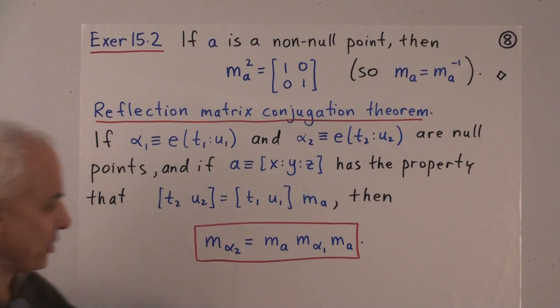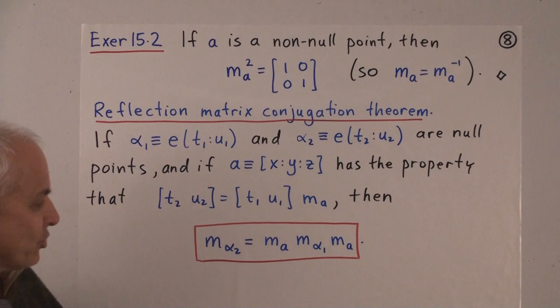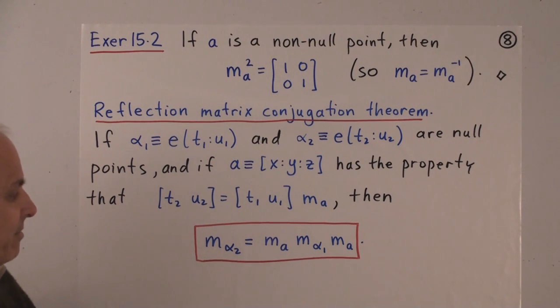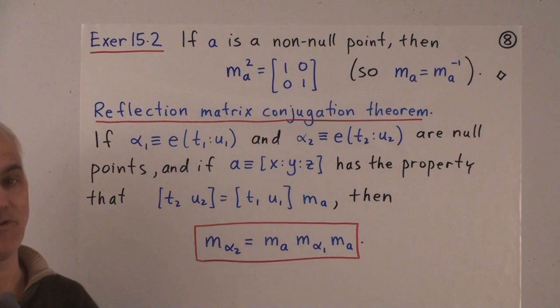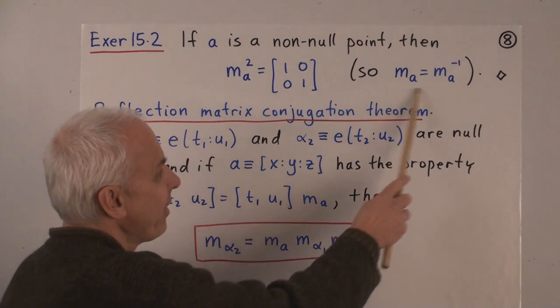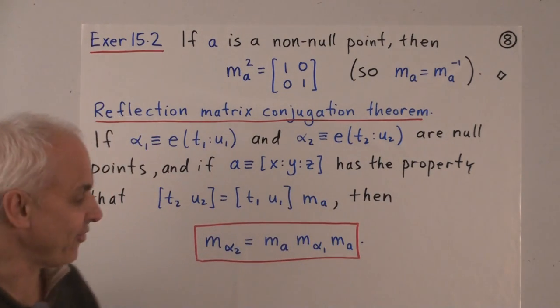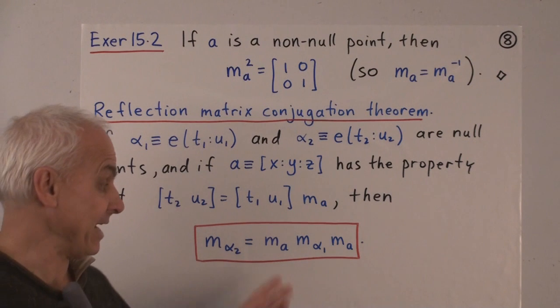Now those of you who know a little bit more advanced mathematics will recognize this isn't quite a conjugation. Usually when we so-called conjugate two matrices, we multiply by the matrix on one side and the inverse matrix on the other side. But here the inverse matrix is really the same as the original matrix, so it's easier to write M sub A, and slightly more general.